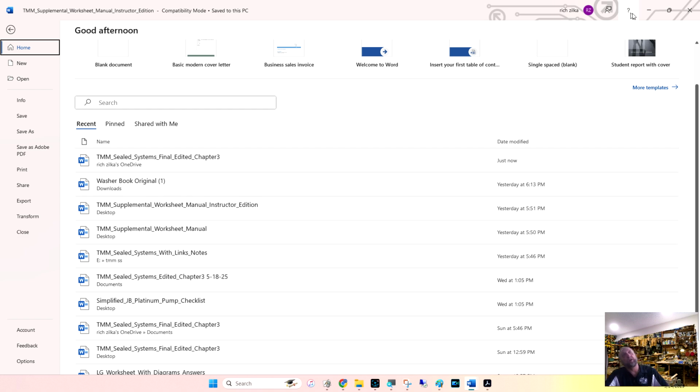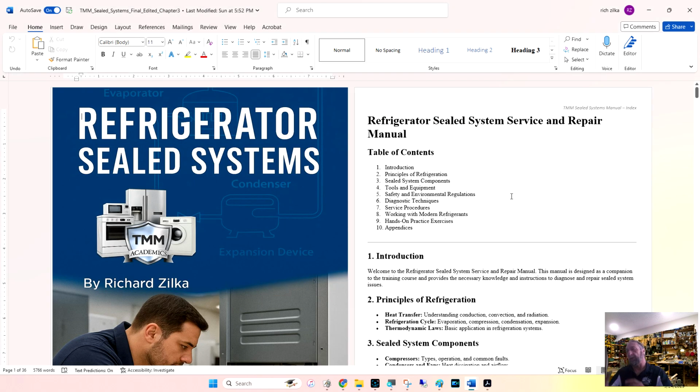But anyways, I'm doing one on sealed system tools. So let's just say I'm talking about a vacuum pump for a refrigerator. First, I'm saying here, check the oil level. This is where you check it. This is where it's supposed to be. This is how you connect a vacuum pump. This hose goes to this. And this is what a vacuum pump does.